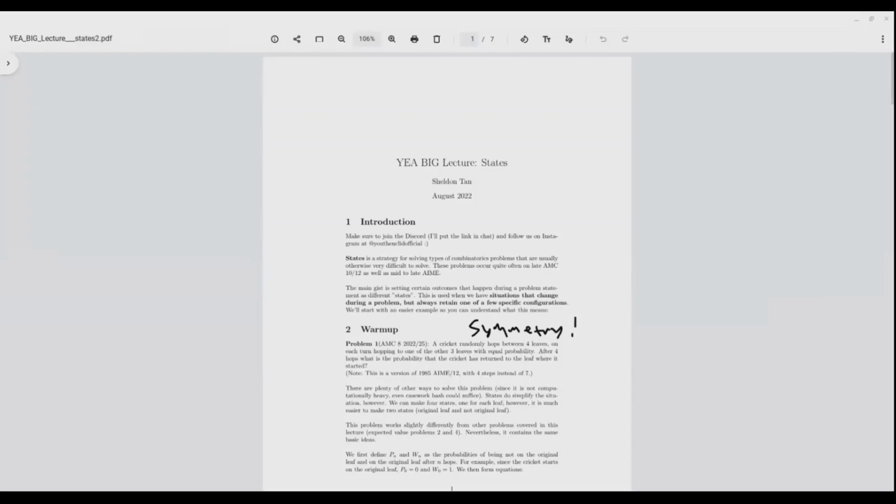If you want to. Oh wait, I think states actually goes pretty well with expected value, right? Yeah, there's a lot of overlap. Nice. This is a complete coincidence. I didn't know that Ethan was going to lecture on expected value. So